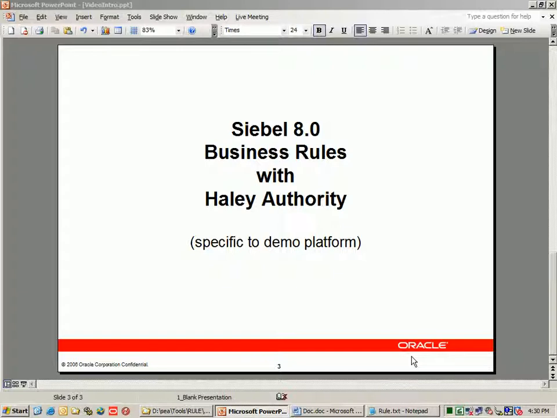Now this particular example is very simple to do in other ways within Siebel without the Haley authoring tool. However, this offers a different mechanism that could make it easier and more flexible from a deployment standpoint. Now obviously this rules engine is much more powerful than the simple validation that we're going to do here,